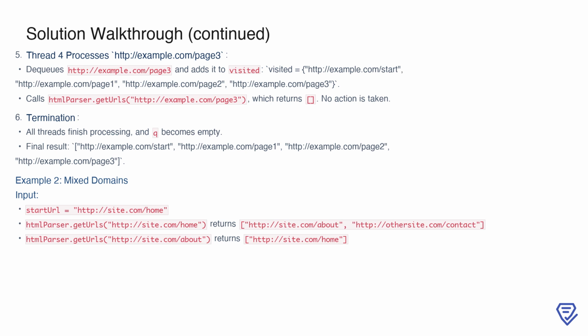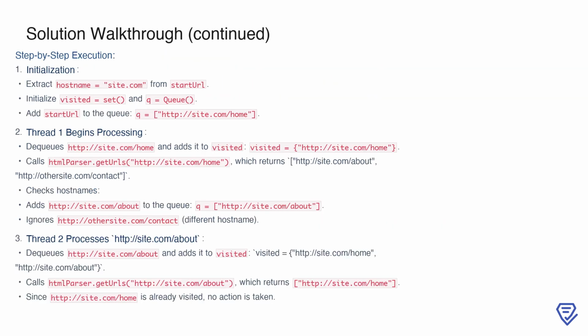The final result is a list of all unique URLs within the same domain, which in this case are http://example.com/start, http://example.com/page1, http://example.com/page2, and http://example.com/page3. Now, let's consider a scenario where the starting URL belongs to one domain, but some of the links lead